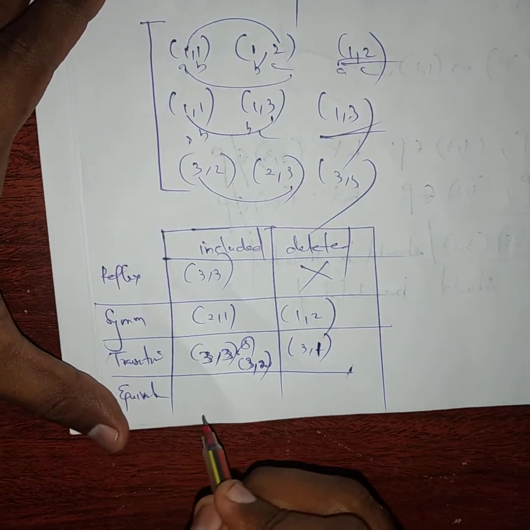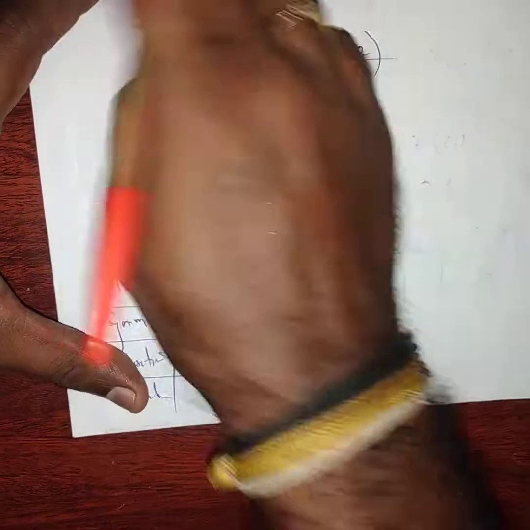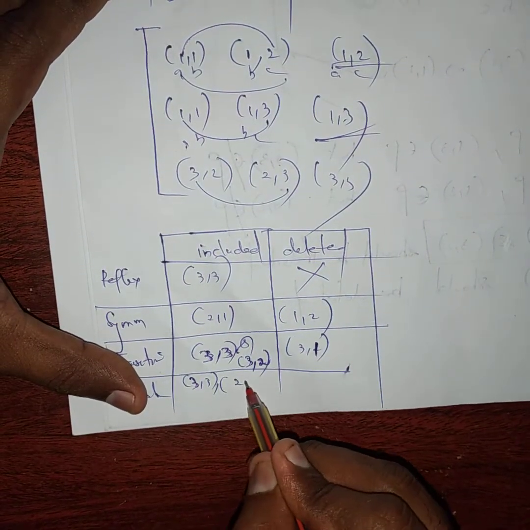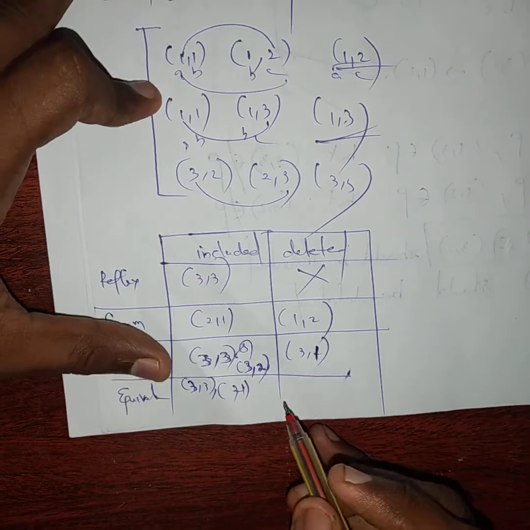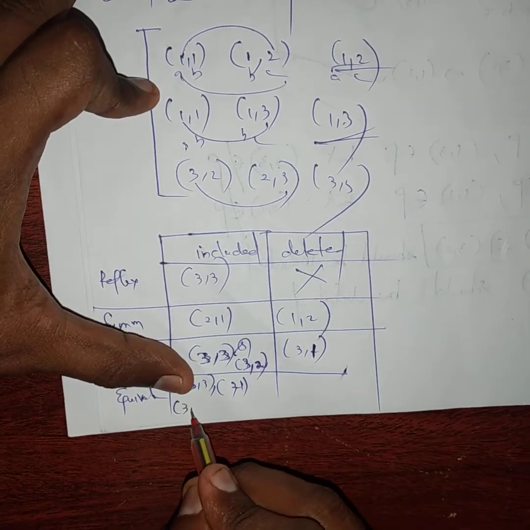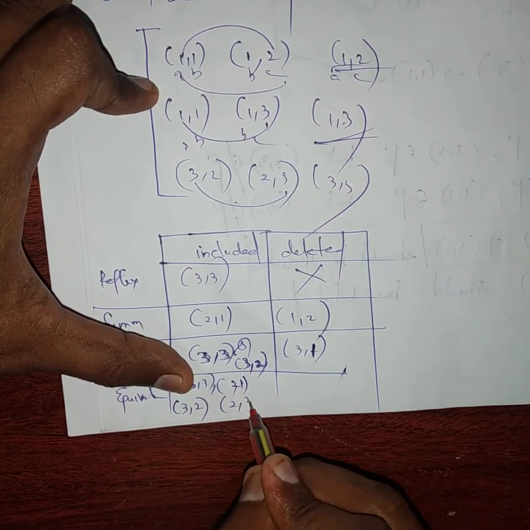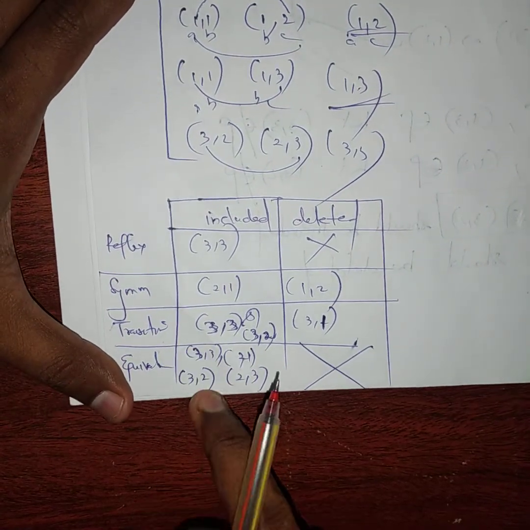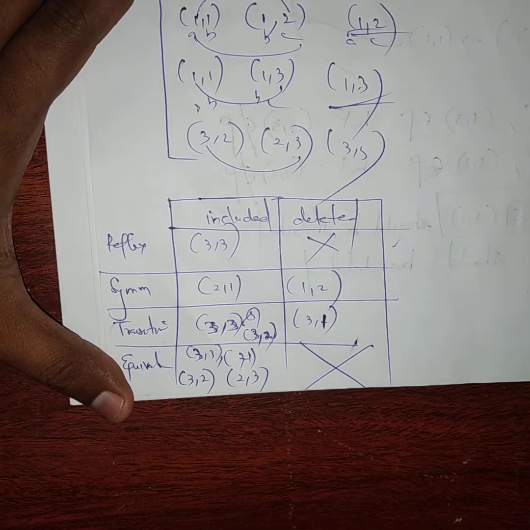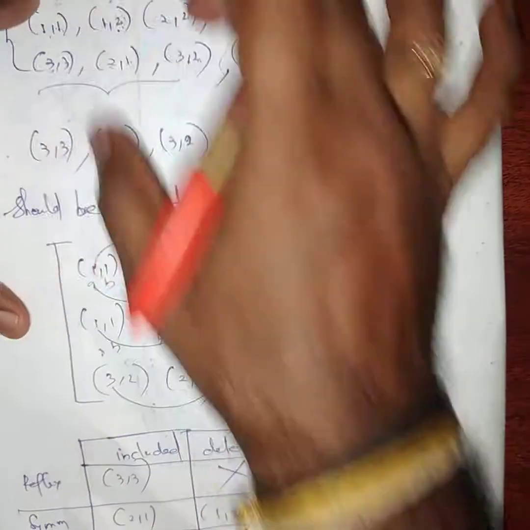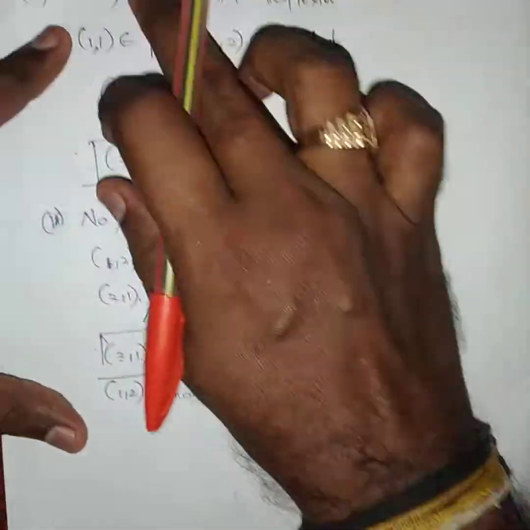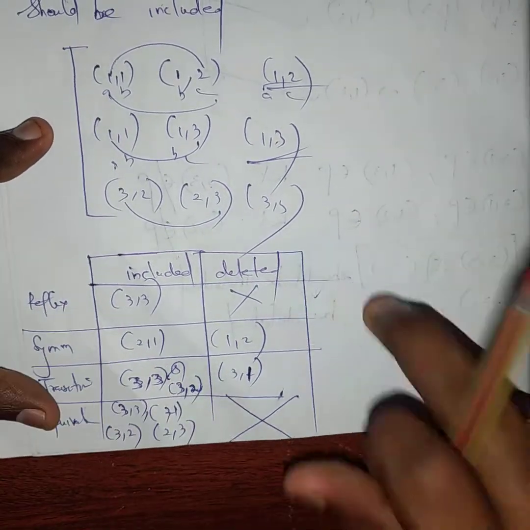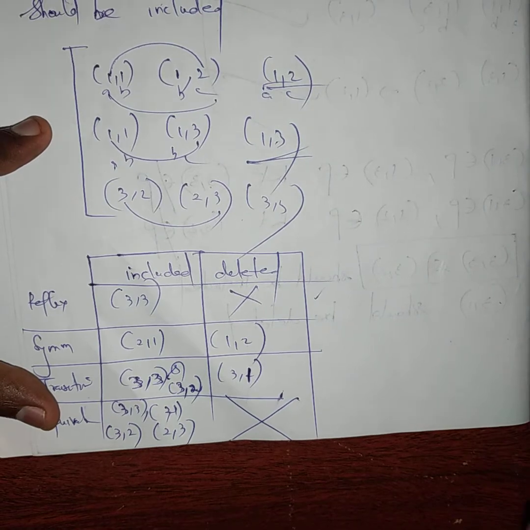For equivalence, we added all of these: 3, 3, next 2, 1, 3, 3, 2, 1, 3, 2, and the main thing, 2, 3. There is no deletion part in equivalence either. If you write this, it is very easy to correct and put the answer. They will not see anything inside what you have done here. They will not check anything. If you write this properly, they will correct the answer and give the 5 marks for the sum. That's all. There's nothing more to do.